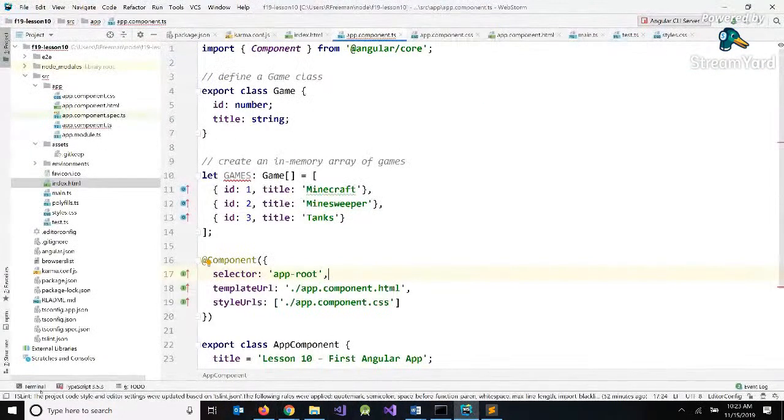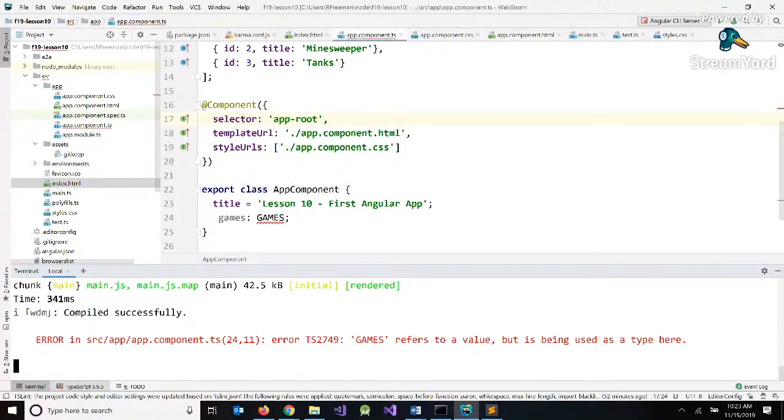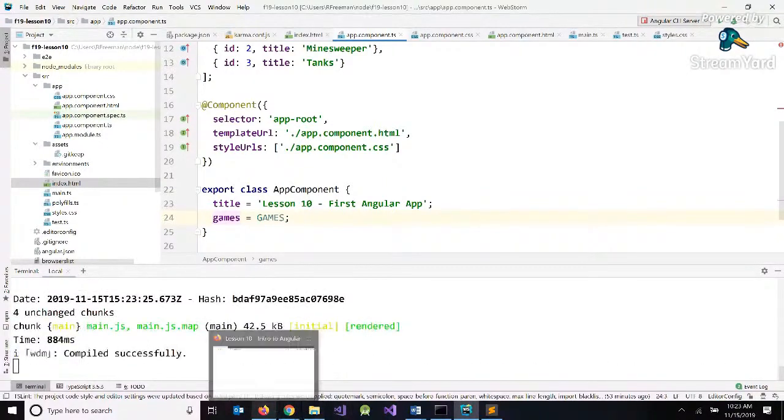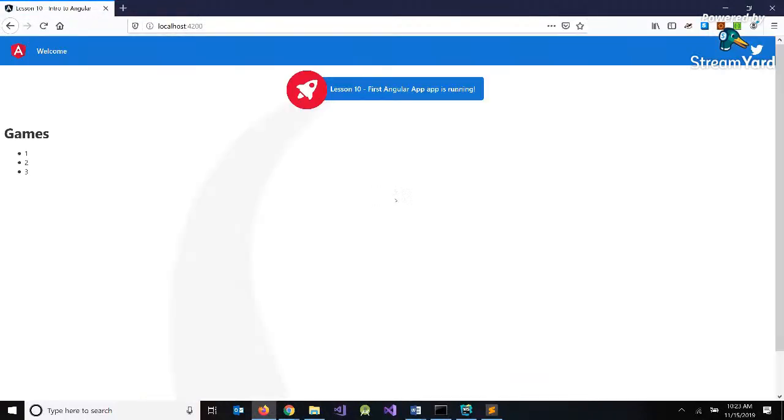Well, it says that games refers to a value but is being used as a type. Ah, that's why. There we go. So it quickly recompiles. It reloads automatically. And now we've got 1, 2, 3 so far, because my loop is displaying